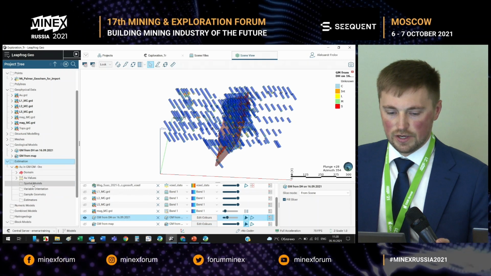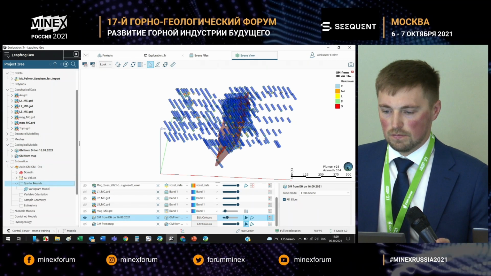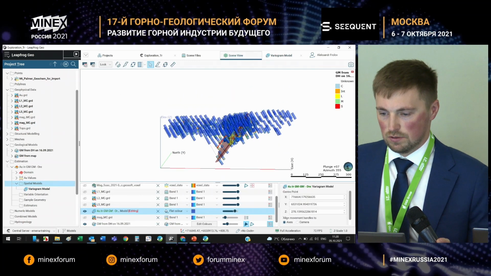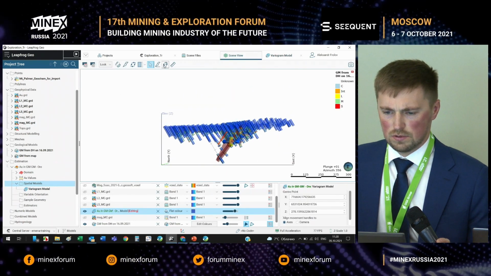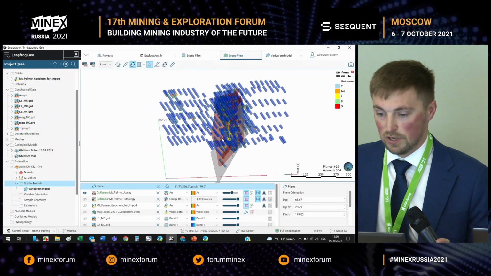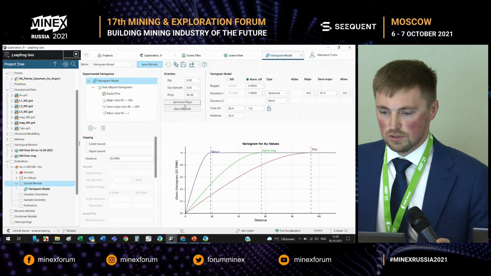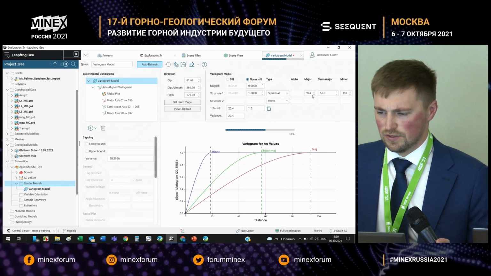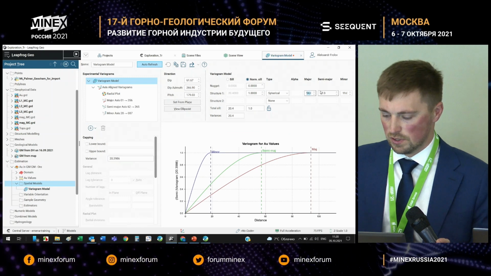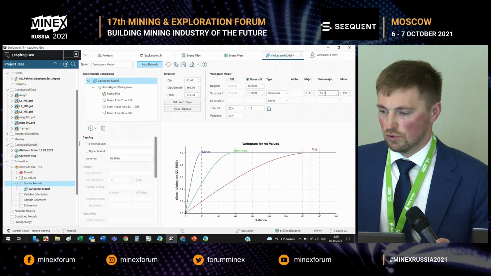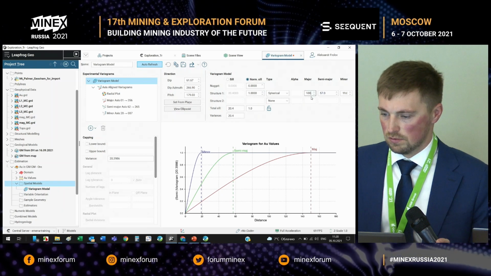So easily you make the assessor a variogram for the assessment. I'll do it in real time so you can follow my actions. It's rather easy if you are a really experienced user and understand what you are doing. So now we create the variogram. Of course, it's simplified. I just made it on the main angle of our ore body.